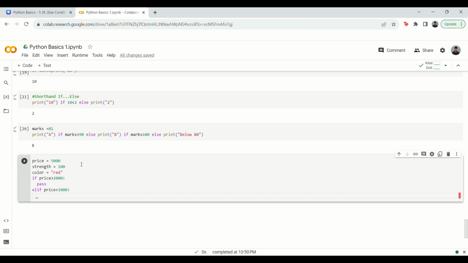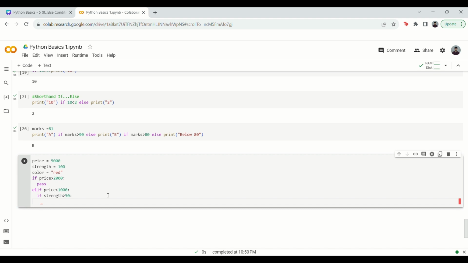then you can also have the nested if condition over here. So in the example I showed in the presentation, it was right under the if statement, but you can also have the nested if inside the elif. So if price is less than 1000, and you also want to check maybe if strength is greater than 50, then okay, we actually do not need the third variable. We can use it, but in this example I won't be using it. So then let's say print good buy, or something like buy it,